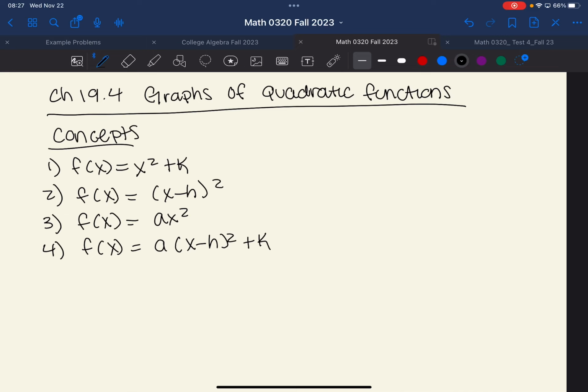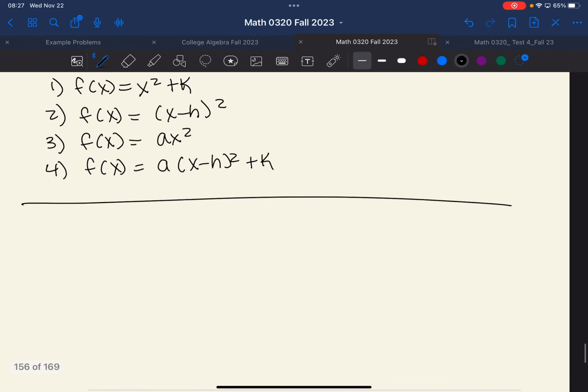So all of these forms are all quadratic functions. There's just different ways to write them, based on the information that we're given. So in some cases, we're only given a certain amount of information, so we're able to only write the quadratic in the form of concept 4, where we have a times x minus h squared plus k. Okay. So looking at concept 1,